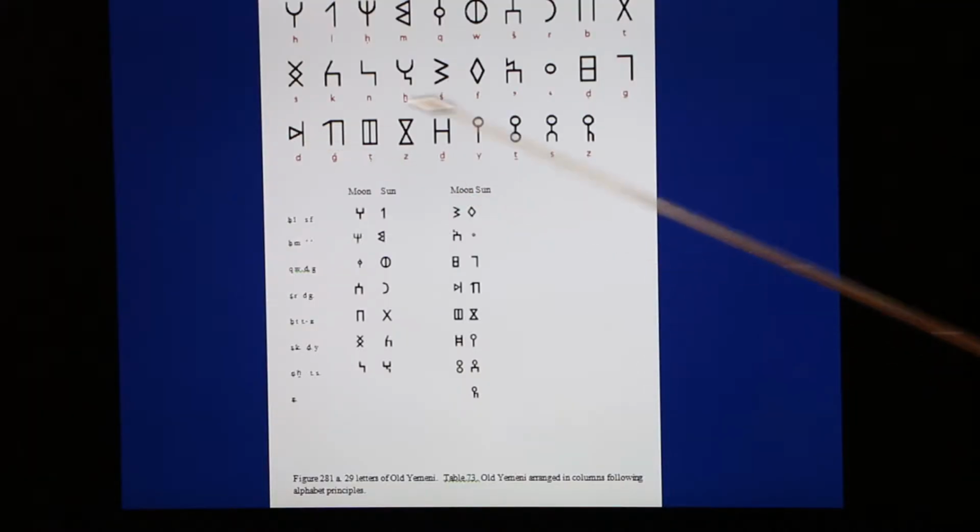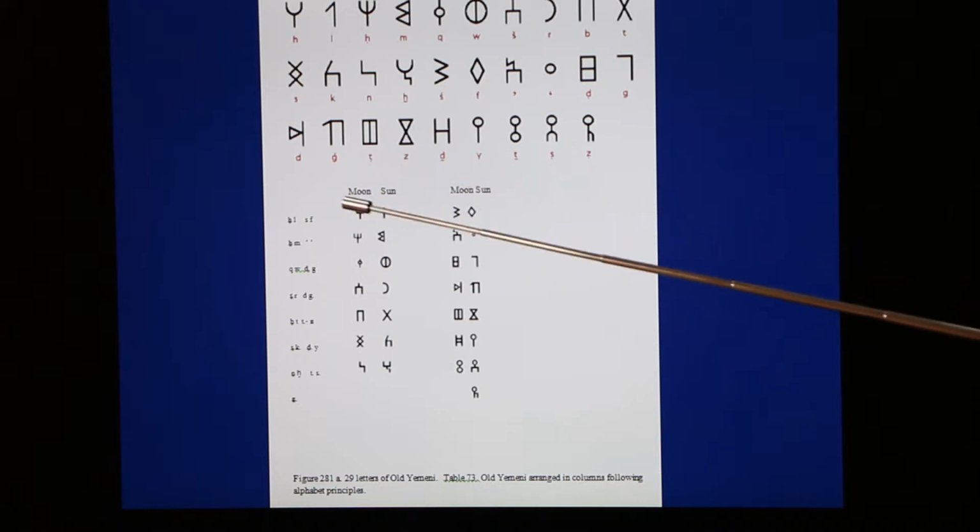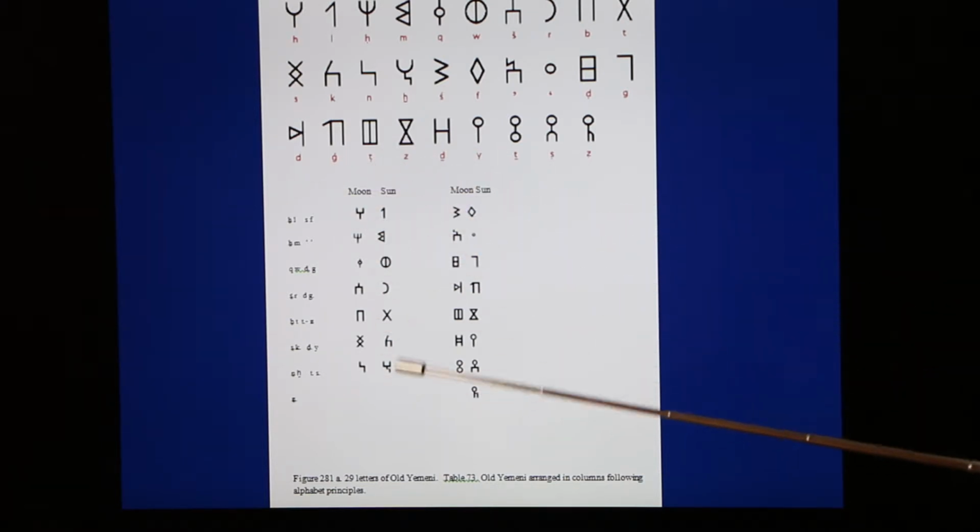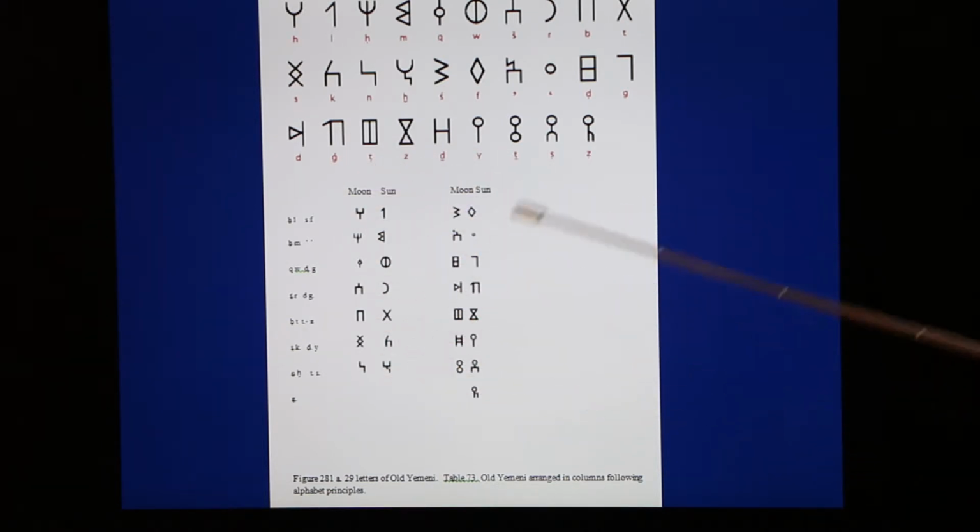there are multiple ways of writing these things. We can do it as a series of 3 lines. We can do it as a series of columns. We can do it as a series of columns that we separate out the moon and the sun. And then what looks like purely arbitrary signs starts to look a lot more